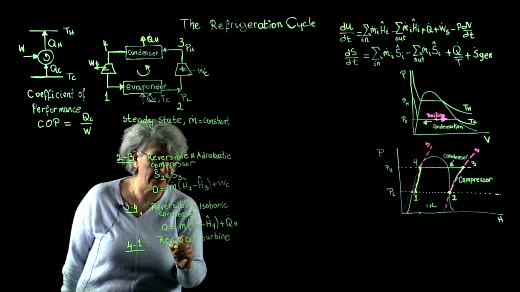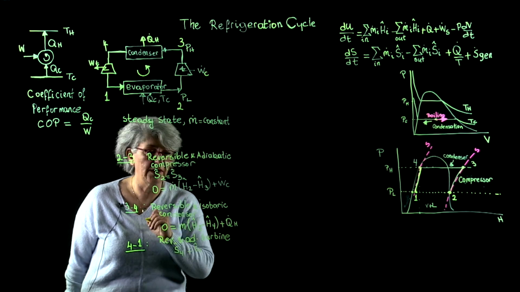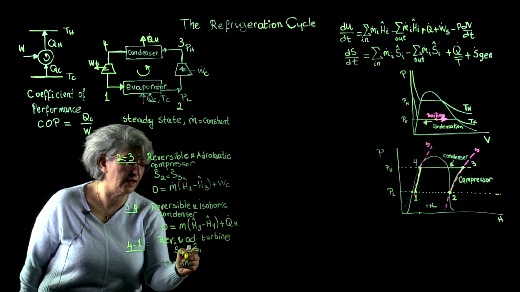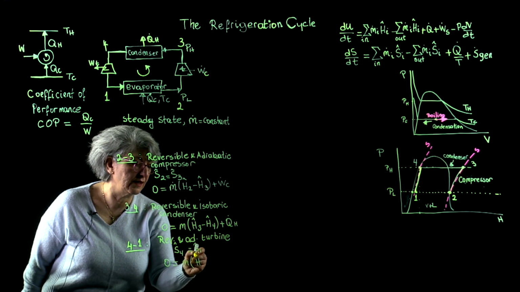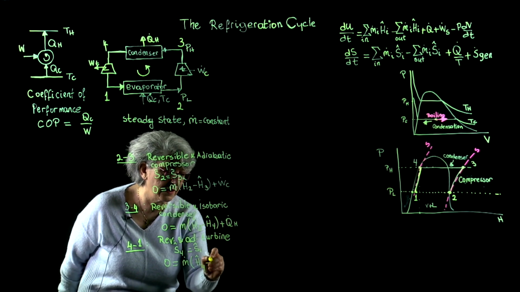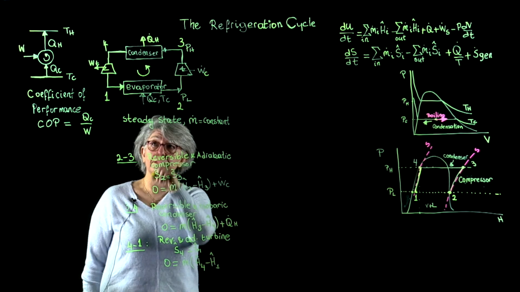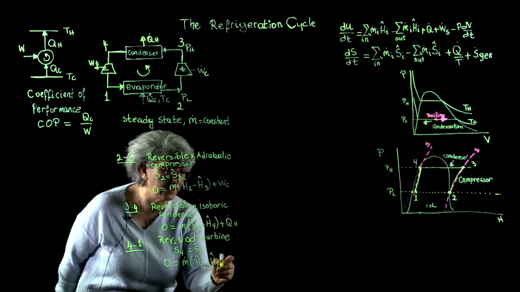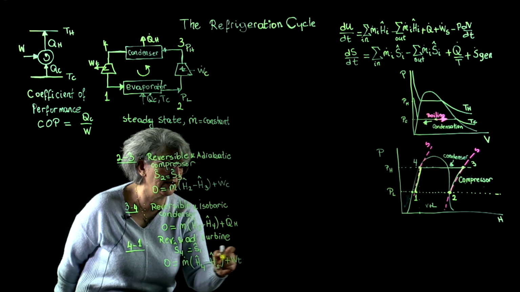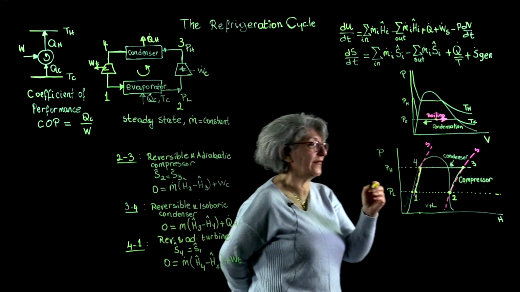In other words, S4 is equal to S1, and our energy balance is 0 equals m dot H in, into the turbine, stream 4 enters, H out, out of the turbine, stream 1 leaves, plus work turbine. Now I can calculate turbine work. Now that I know my state 1,